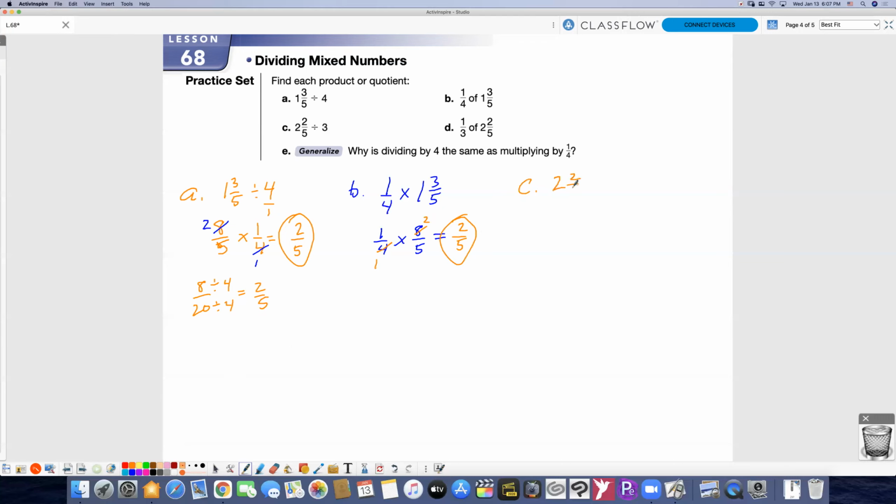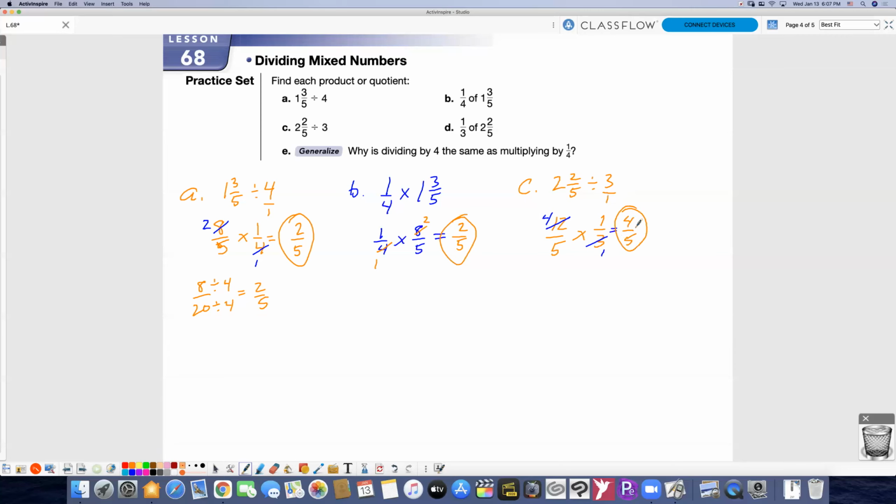2 2/5 divided by 3. So starting with the shape, I need to convert this into 10 plus 2 makes 12, and the denominator is a 5. And I'm going to multiply by the reciprocal of 3 over 1, which is 1 over 3. All right, and I see another pattern here, this 12 and this 3. 12 divided by 3 is 4 over 1. So now I know the answer to this one is simply